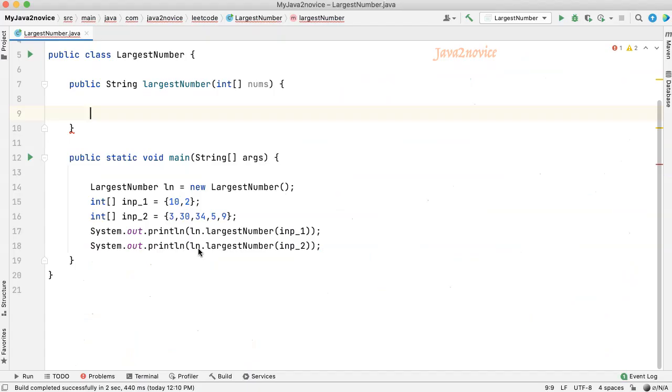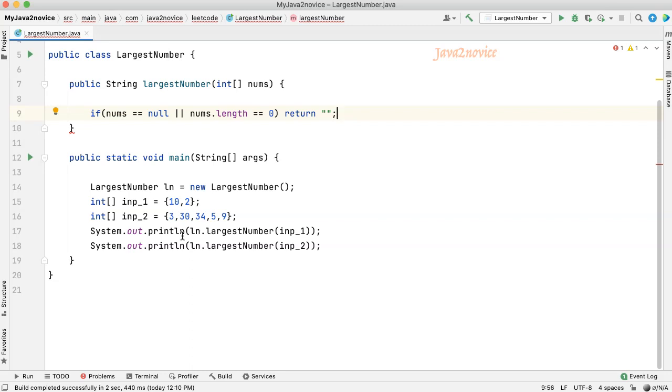I have explained the sorting logic step by step to make you understand better. I am going to use the library sorting function with a comparator while writing code. I have already written the method signature for largestNumber, which takes an int array as input and returns a string. Let's do basic validations. Return an empty string in case the input array is either null or empty. Let's convert the int array into a string array so that later we can simply sort it.